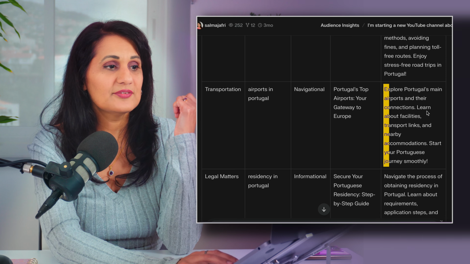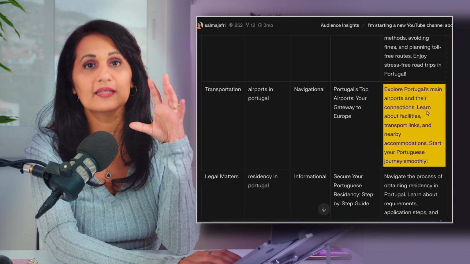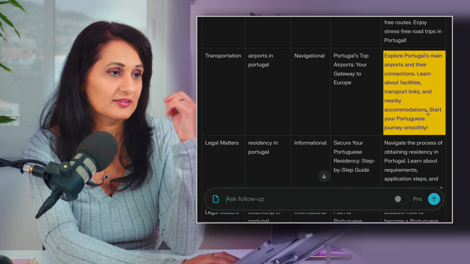So when people are looking for, how do I transport my pets? That would be an immediate need that they would need to know, and it would be a navigational or a transactional keyword, right? So it's giving you search intent, and then it gives you these titles and it gives you what to include in the description as well. So this is a really, really great prompt to use to get into the SEO world